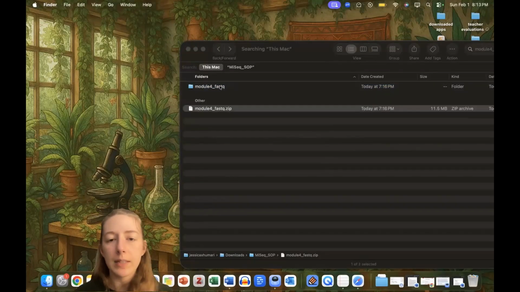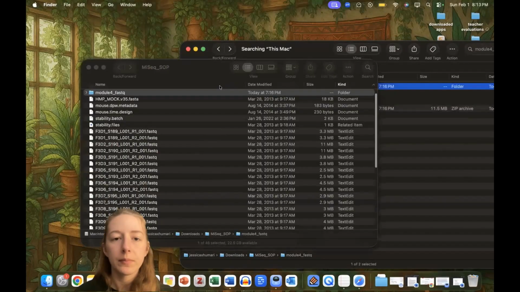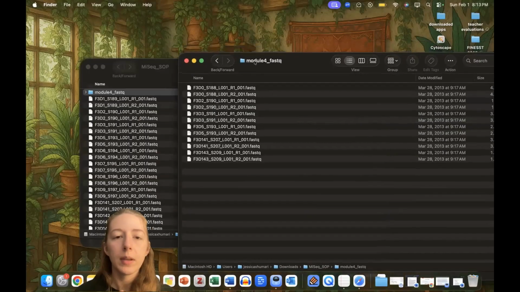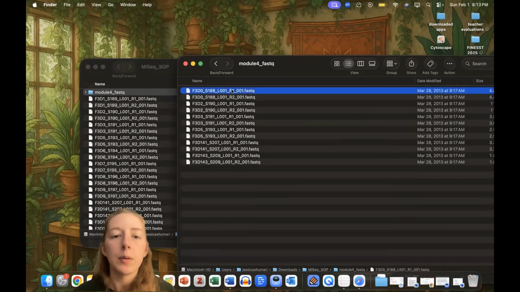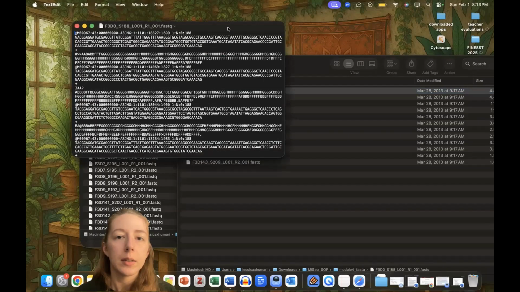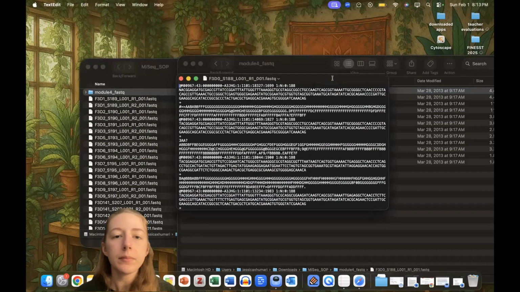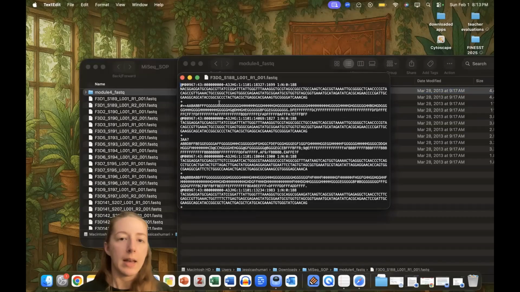Let's see what we have inside. All right, so what we have inside is a bunch of FASTQ files, right? And what do those look like again? Let's take a look. All right, remember that they have identifiers, the sequence, as well as a quality score associated with each of those